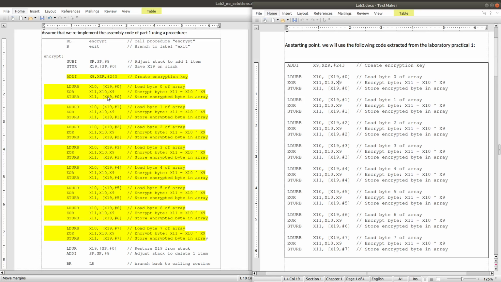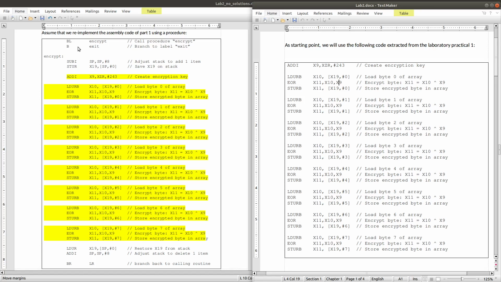Here you can see they are completely the same. So how the PC and how the registers inside the CPU change during this yellow part are also known before. When we did practical 1, you can do the same and you will know the value.